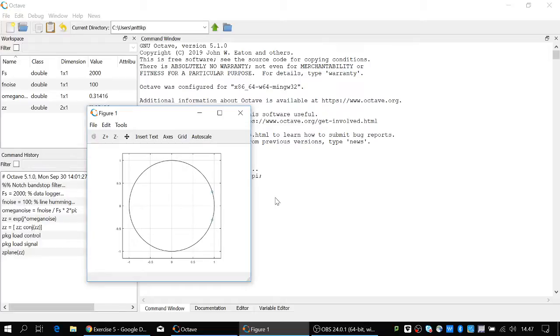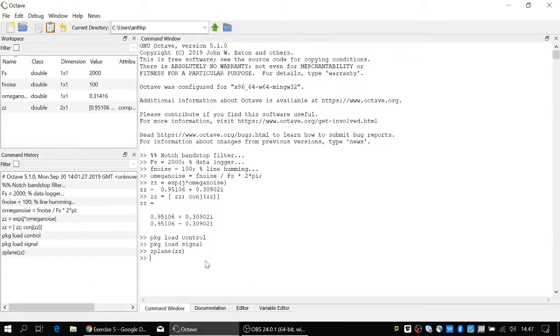Yep. Okay. Yeah. 100 hertz. Right there. Good. This far. So next step is to find the